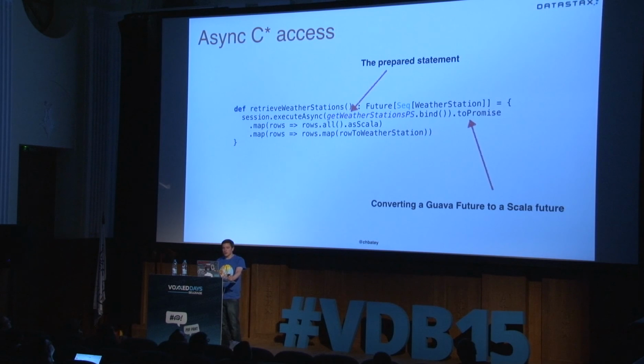Once we've done that, we then take all of the rows, because this isn't going to return many rows from Cassandra, and we're going to map them. That just maps them into our weather station object. That's not very exciting. That's just taking things out of what looks like a JDBC result object and a row object, and sticking it inside a class inside Scala. But this isn't blocking anything. It's setting it all up, so when Cassandra comes back to us, we'll execute this. And then when that gets executed, it will complete the future, which Play will then execute back to us.